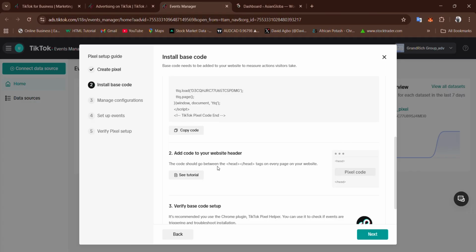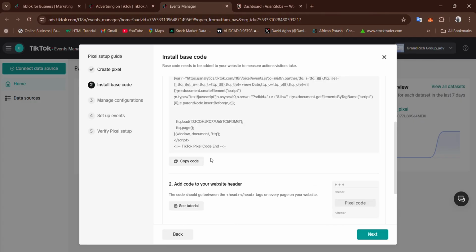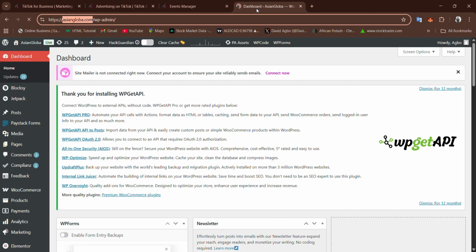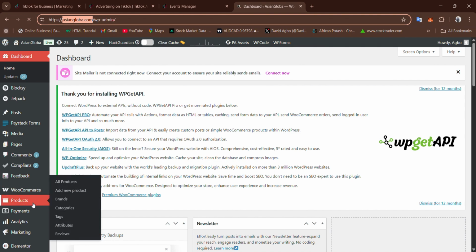The code should go between the header, the head tags on every page on your website. So this code that we just copied, you just need to paste it in the header section of your website. Now this is all you need to do. So for you to paste it on the header section of your website, the first step is you need a